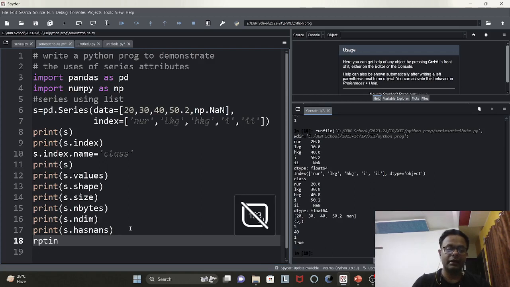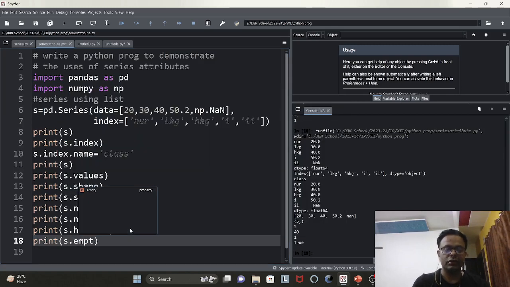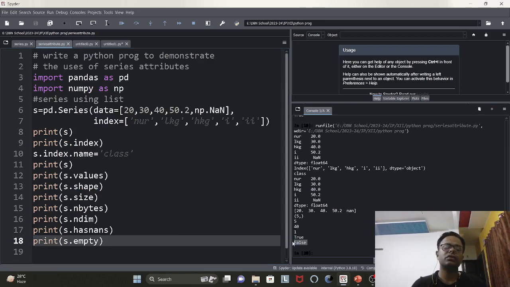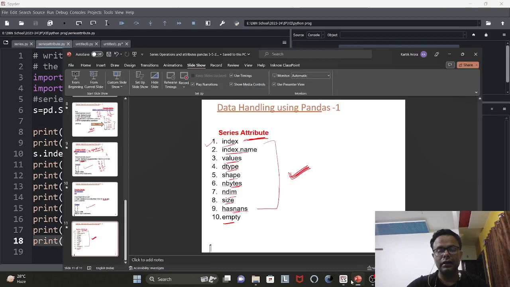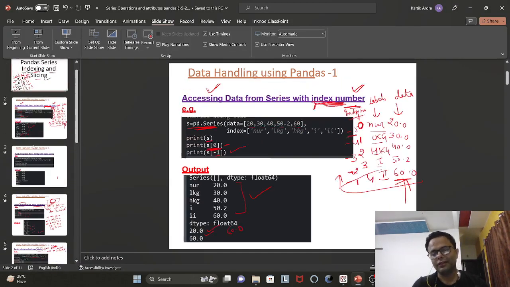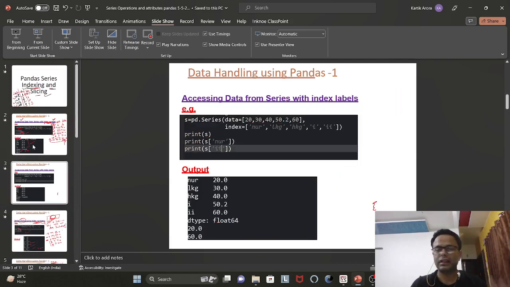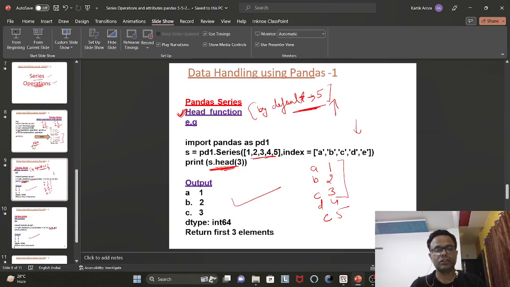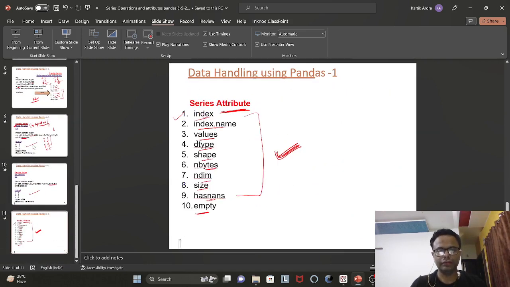And if I write print s dot empty, it will check whether the series contains empty value or not. मतलब complete empty है या नहीं, because complete empty नहीं है तो I will get the answer that is false। अगर empty series होती तो आंसर मेरे पास true आ जाए। तो these all are called series attributes। जो series के अभी तक हमने attributes पढ़े हैं, एग्जाम में मोस्ट इंपॉर्टेंट, बहुत से क्वेश्चन इसके ऊपर बनते हैं। तो टुडे आई हैव डिस्कस्ड अबाउट what is series, what is series index, what is series slice, how we can access the value using index number, index label, then we have performed the operations, head function, tail function, then index attributes, these all about today class।